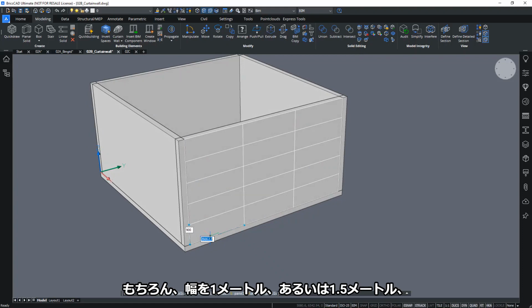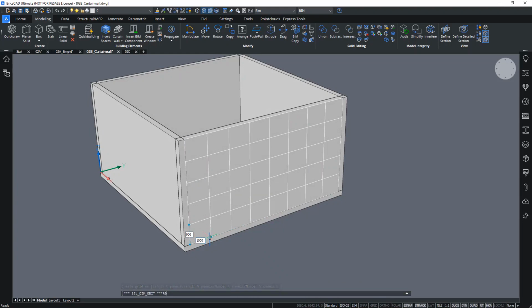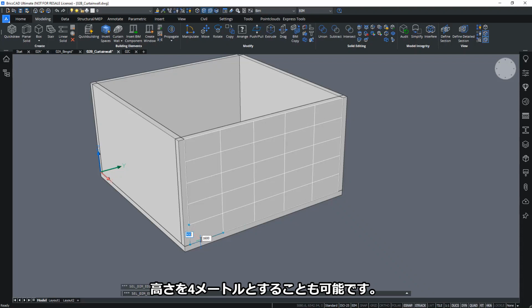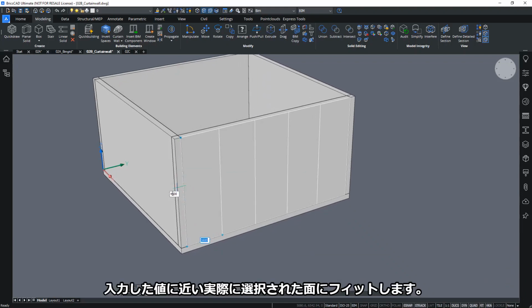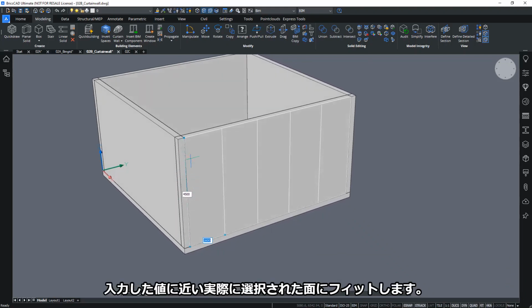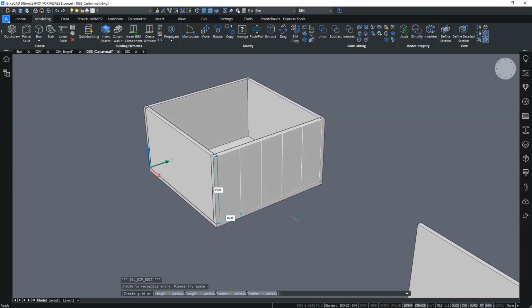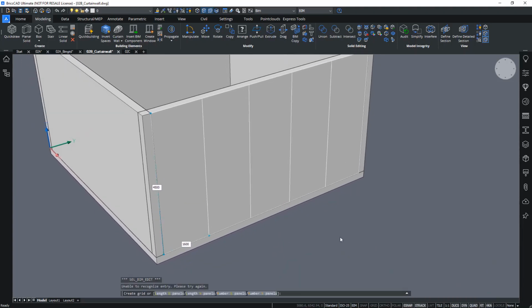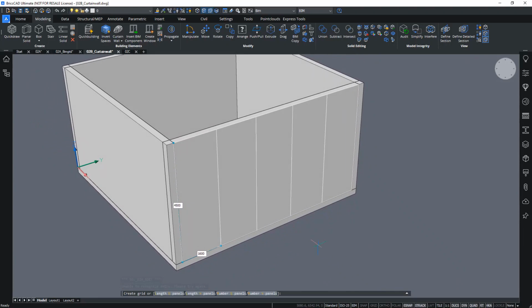So I can say maybe this should be 1 meter wide, or let's say 1.5 meters, and then maybe let's say 4 meters high, give or take, and it will choose a value that's close to the value we entered, so it fits the actual selected face. Alright,